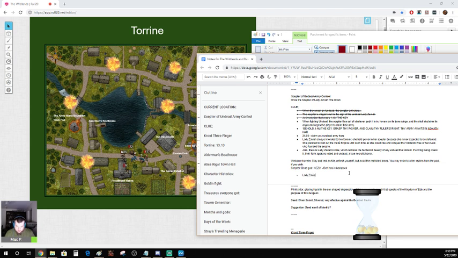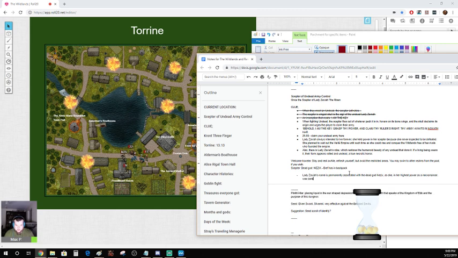Lady Zavia's name is permanently associated with the dead god Nezix, as she, in her highest power as a necromancer, was considered his greatest servant and